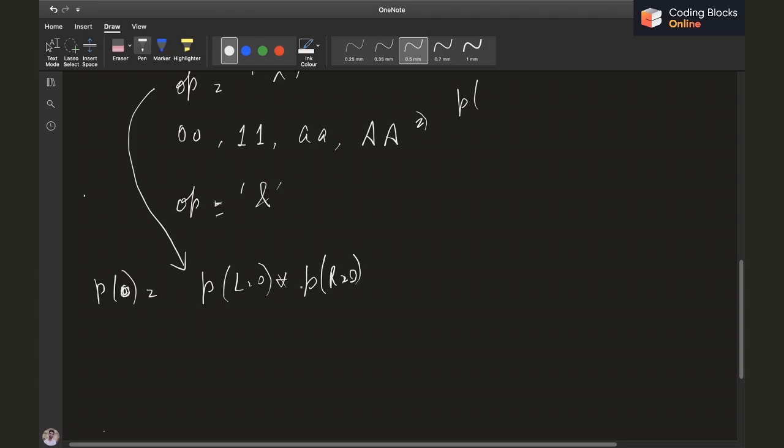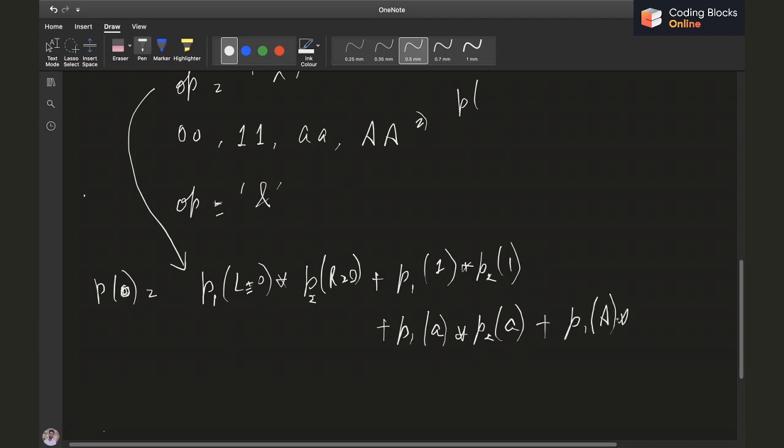In this case, both values should be 0. Let me denote it by p1 and p2, so that I'll have to write a little bit less, plus p1(1) into p2(1), in the case of 1 1, plus p1(a) into p2(a), plus p1(capital A) into p2(capital A), right?